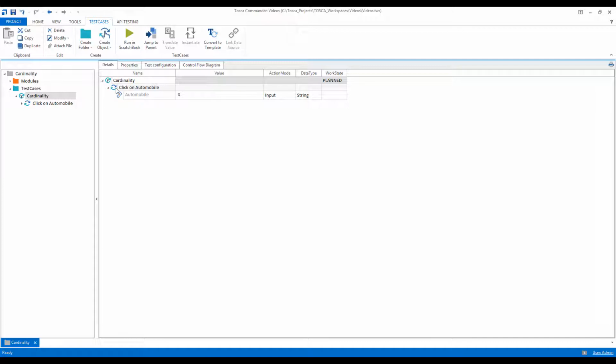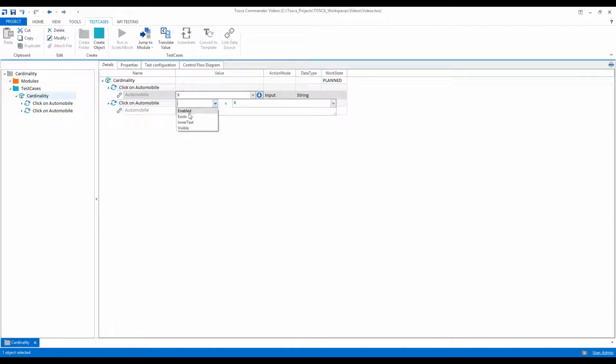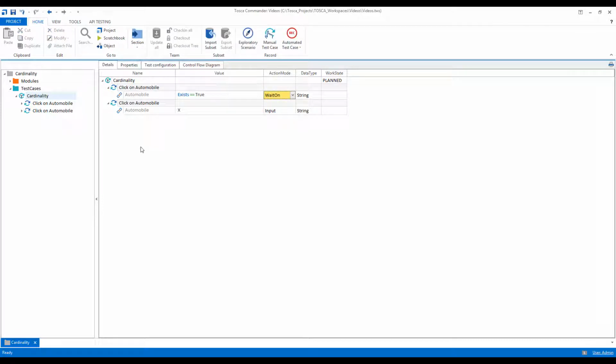Firstly, we need to just wait on to see whether it exists, and then we need to click on it. For example, first I'll just say exists is equal to true, and then wait on. Now it will first check whether this automobile link is present there, and after that it will click on it. So to avoid this,